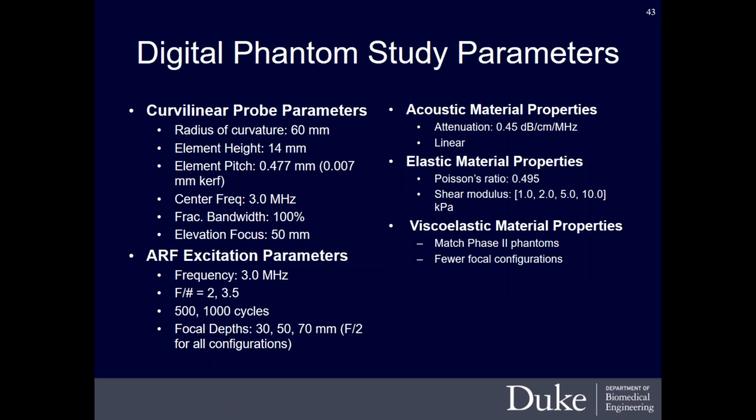As I alluded to before, we have also in parallel created some digital phantom data to allow people to test reconstruction algorithms. This is for both industry and also in the research setting. We've done this both for elastic materials with different focal configurations for the radiation force that I've listed here and different elastic material properties. We've also expanded that to viscoelastic media to match the phase 2 phantoms. And again, this is really going after: is there any algorithmic difference to how people are doing the speed reconstructions in known ground truth type digital phantom data.